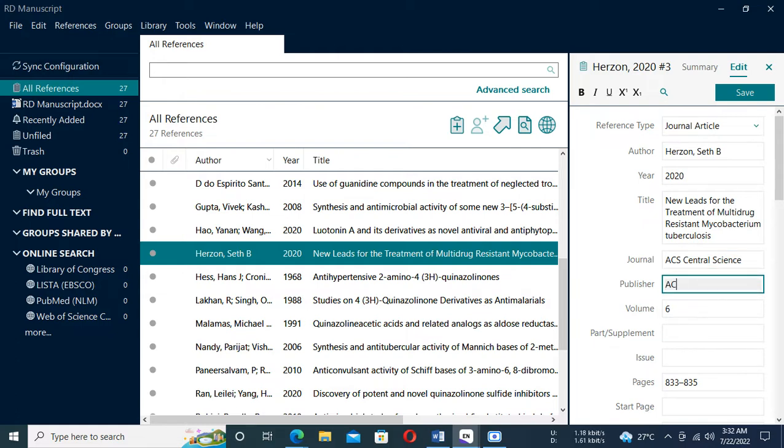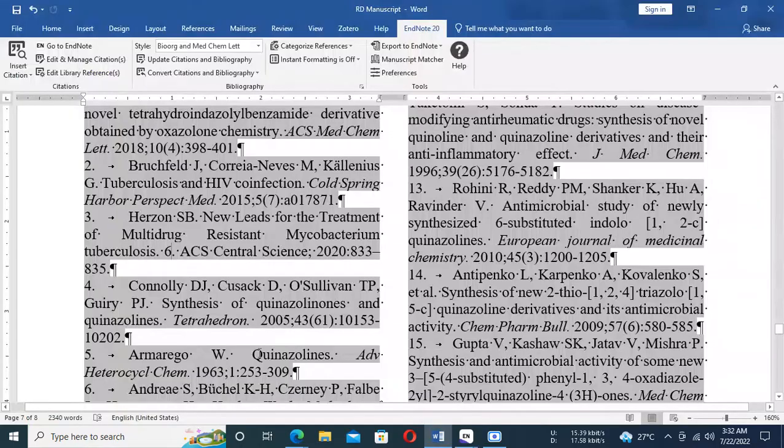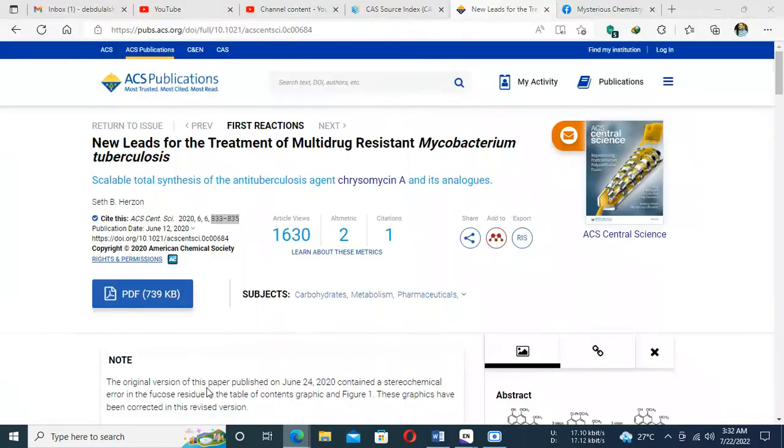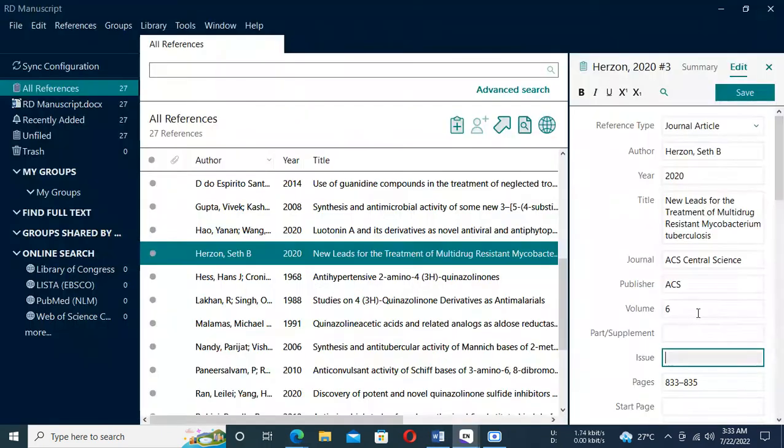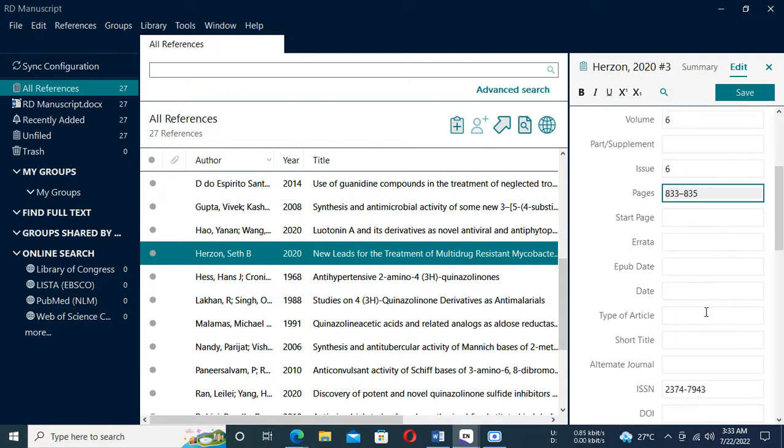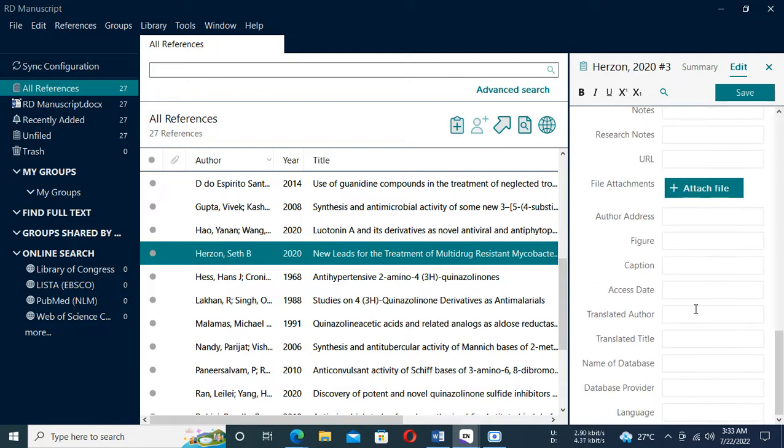Publisher here is ACS. The volume is 6. Most probably from the ACS website, two sixes are mentioned. So most probably the other 6 is the issue. The page numbers are mentioned. Okay. So let us save the information. Reference stands edited,